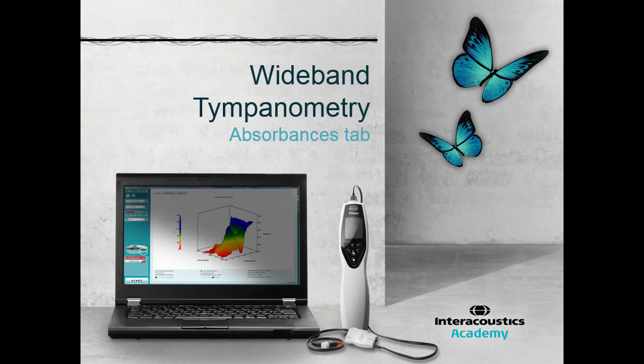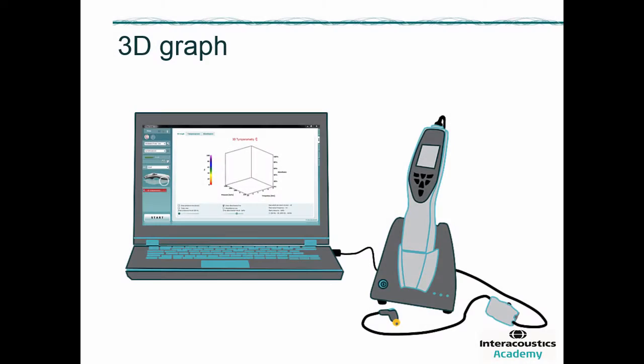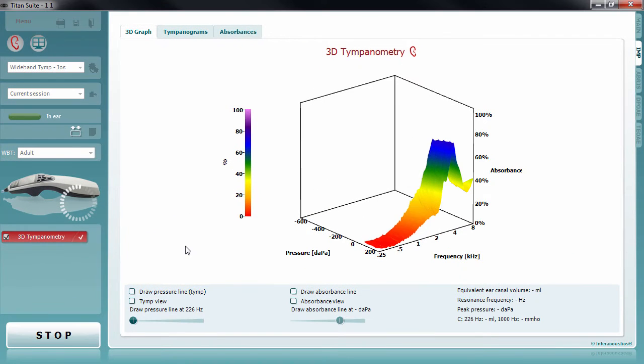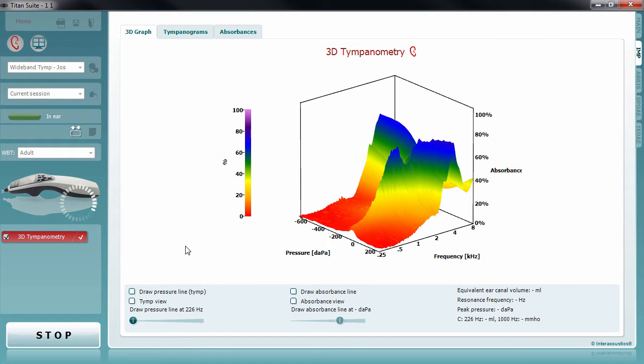This quick guide video explains the absorbances step, which can be accessed when a wideband tympanometry measurement has been taken. Wideband tympanometry displays all the data obtained from the measurement on the 3D graph. However, in order to interpret the results from this measurement, it is recommended to look at the tympanograms and absorbance